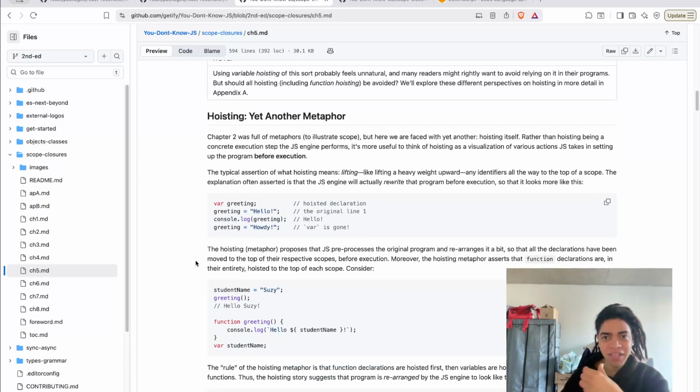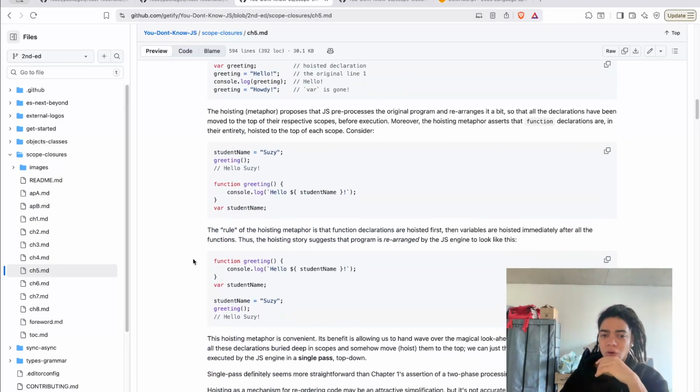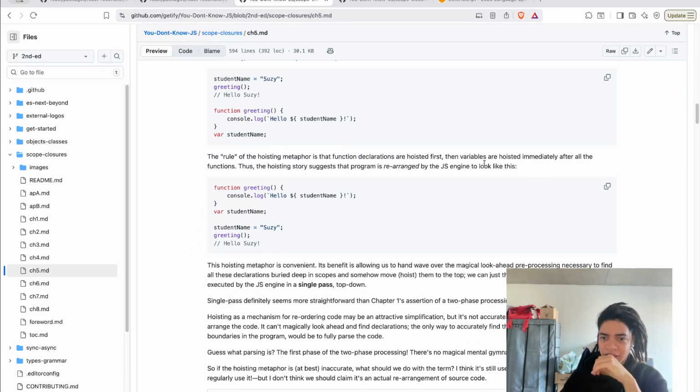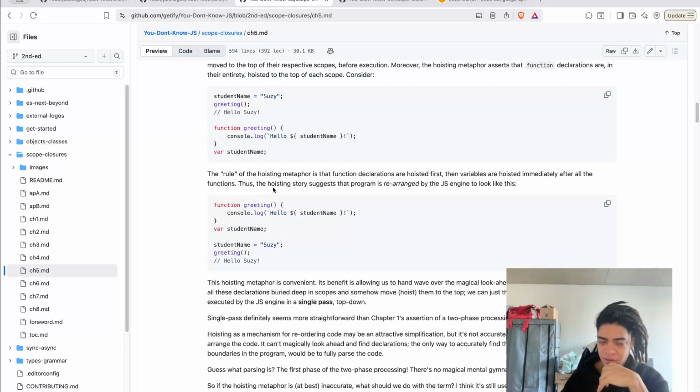Here it says this, but it turns out that a good analogy of this is the stack.